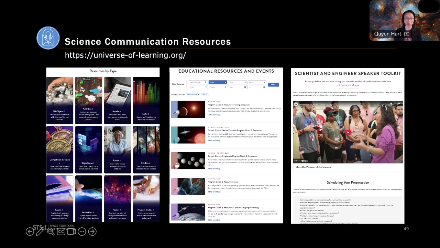We have resources not only from the mission itself, but also through science activation and NASA SMD for you to access. And these are all on that resource page that you can find on stsci.edu. If you are looking to just improve and strengthen your science communication, there's also a science SME, subject matter expert toolkit under NASA's Universal Learning to kind of work with other organizations when you're trying to get invited. Like, what do I need to know to be able to be successful in what they're asking me to do? So there's a toolkit there as well.